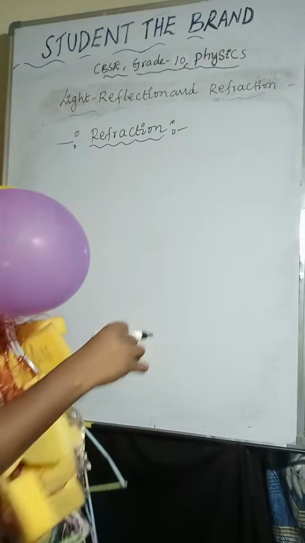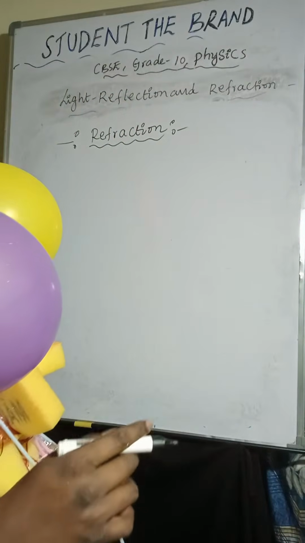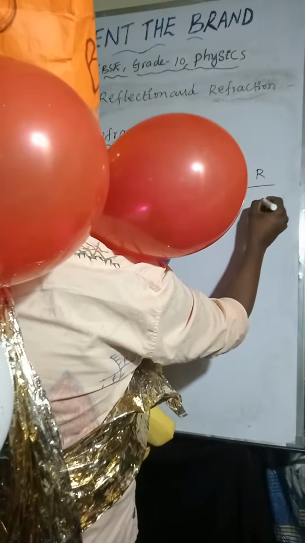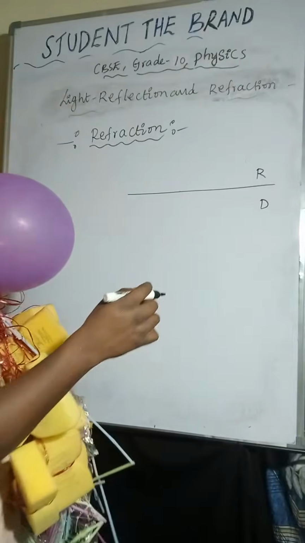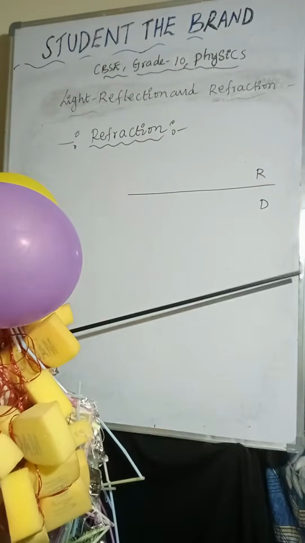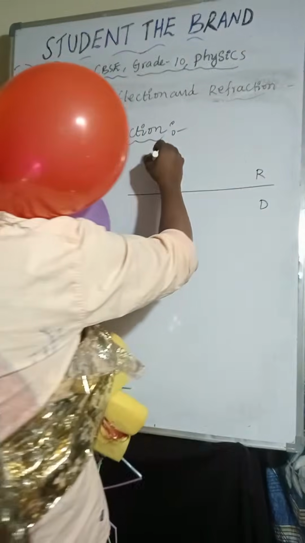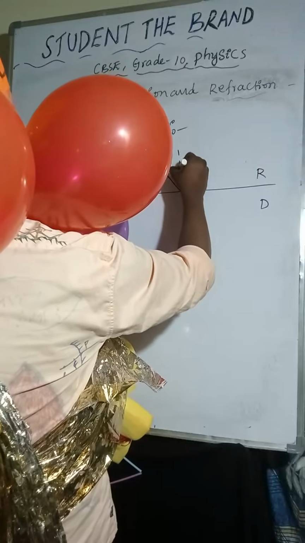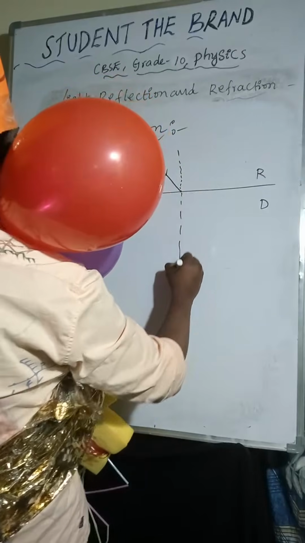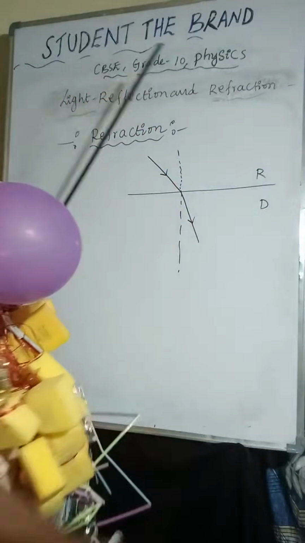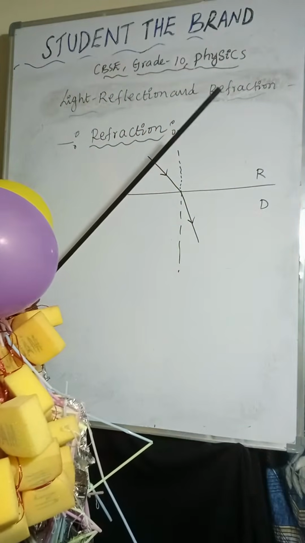So refraction is nothing but the bending of the light at the interface of the two media. Here I am considering a rarer medium and a denser medium. When a light ray is coming from rarer to denser, it bends towards the normal line. You can observe the light ray will bend towards the normal line, because when it is moving from,